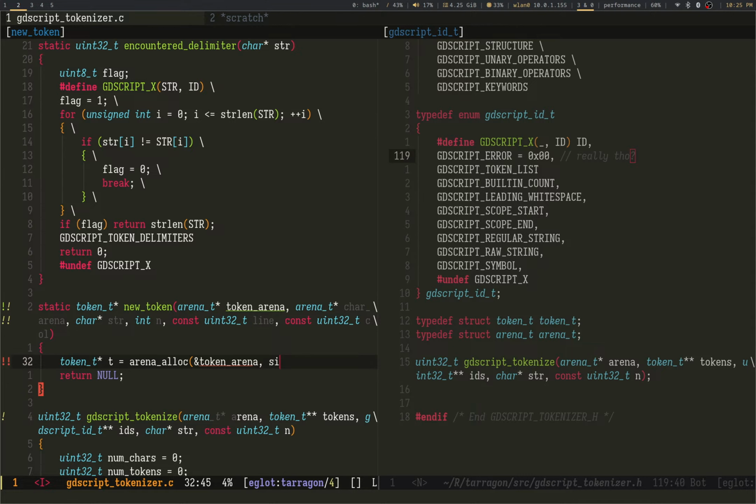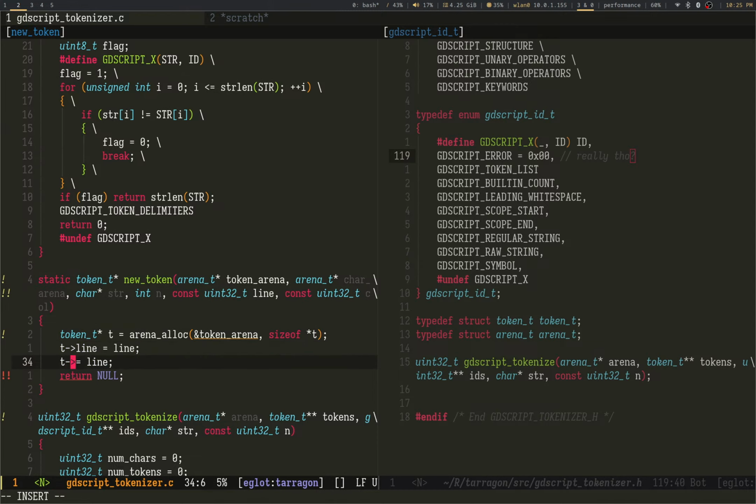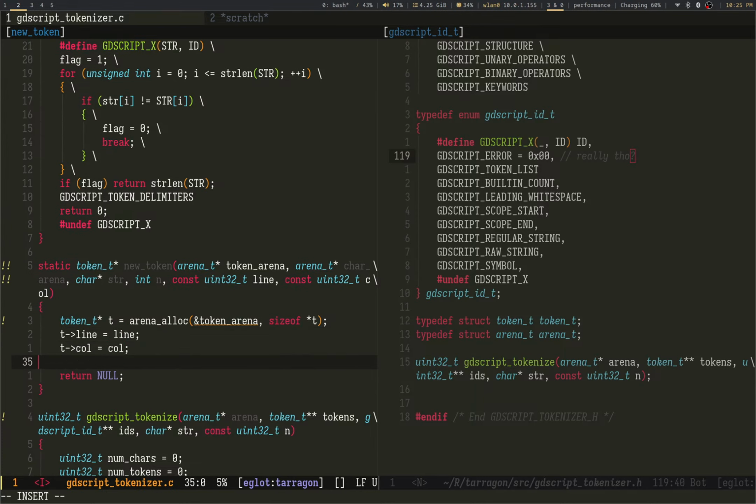Size of t up. Line. And I need to string copy str equal, just save myself a headache.